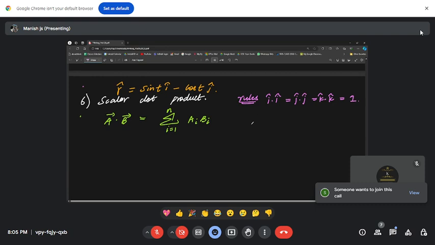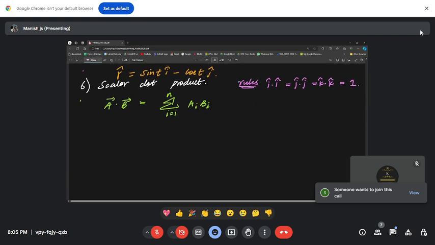Now I gave you the formula here. There is one more particular relation as well for vector A dot vector B. This is a general formula that I have given you. Now, scalar dot product of vector A and vector B, suppose they are making an angle theta. The previous formula is applicable if there is no angle given to you. If you don't have information about the angle, then you will use the previous formula. That is the first formula.